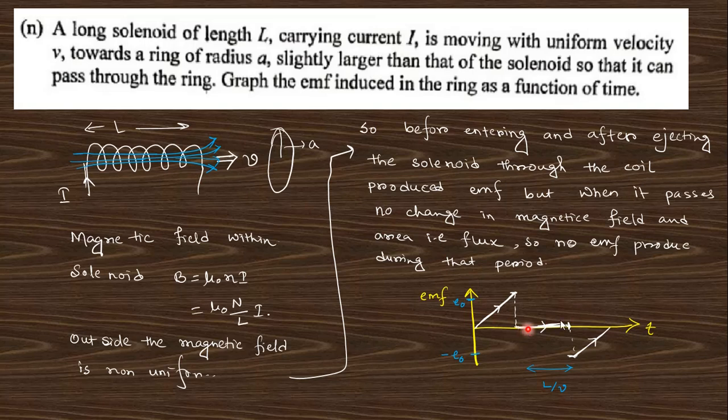So in this portion, the time is L by V, because V is velocity and L is distance. So in this time the potential will be 0, and after that, when it moves towards this, the direction of EMF will be opposite when it leaves from this. Okay, Lenz's law, that's why this is the opposite, and after that it moves far away, the magnetic flux will be reduced, that's why the EMF also reduces, and finally you get 0. I think it's clear about this diagram. Go to the next one.